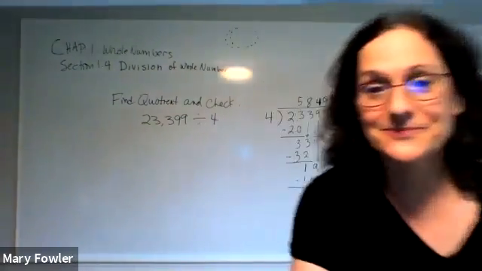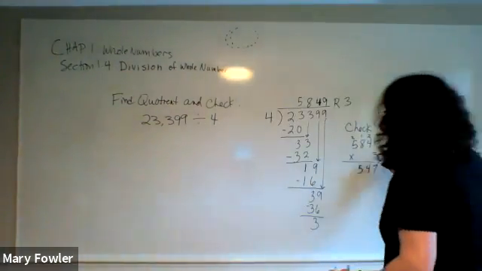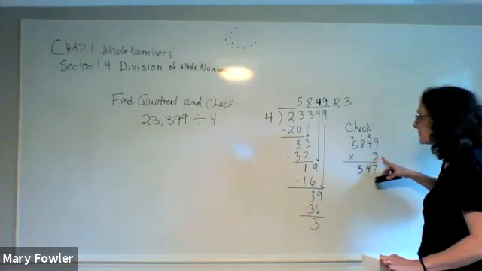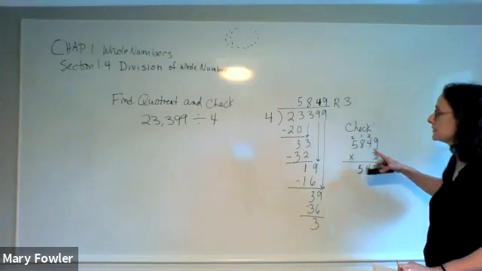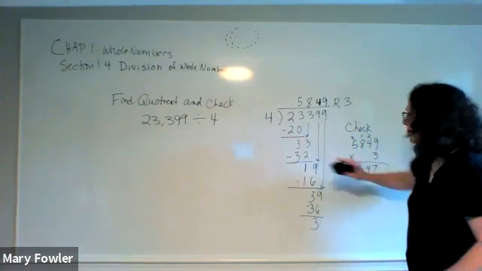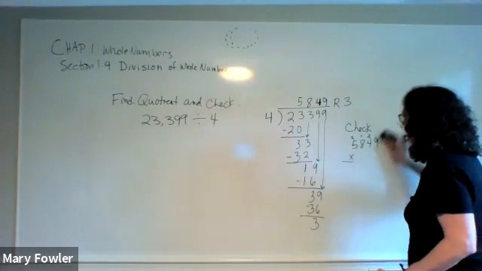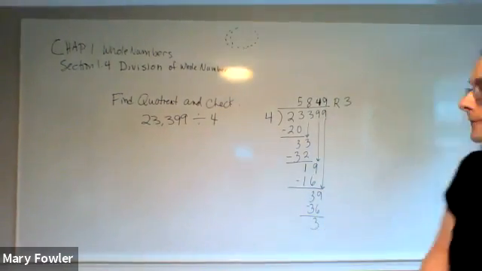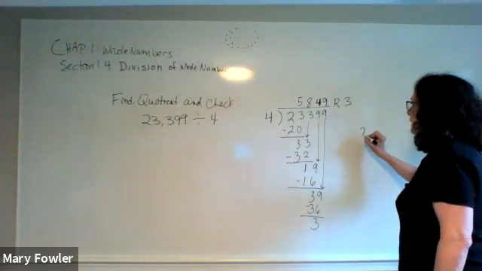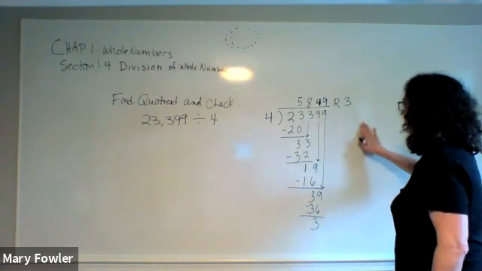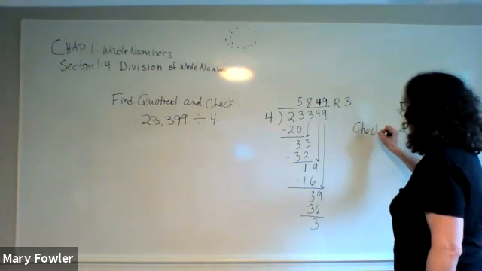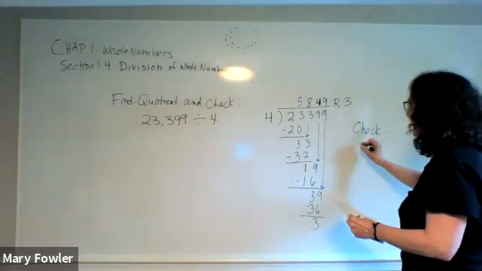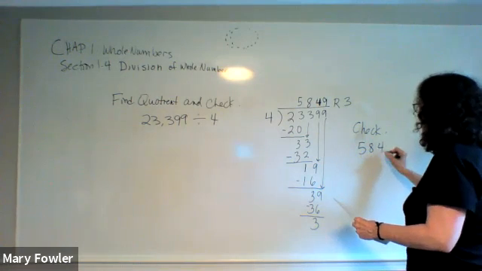I just multiplied the wrong thing here, okay, guys? And I'm just going to redo it. So I was multiplying by 3, but in order to check, I have to multiply by 4. So you'll excuse me, please, and we'll just go ahead and jump into that check again. Follow my notes this time. 5, 8, 4, 9